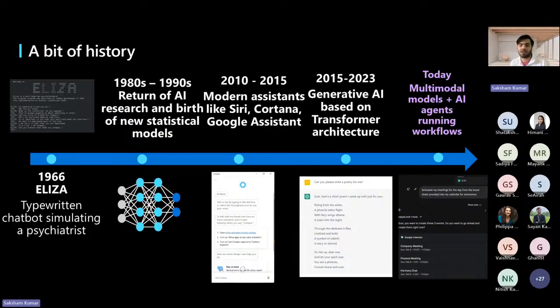So this kept on developing over the years. The World Wide Web came, computers were getting more accessible, you're getting GPUs, CPUs. Multiple innovations were already going on. So around the start of the 2010s, modern virtual assistants started to emerge inside our homes. It was Siri, if you have Apple; Cortana, if you have been a user of Windows 8 and 10, you might know Cortana; and Google Assistant, if you have an Android phone, of course you know Google Assistant.